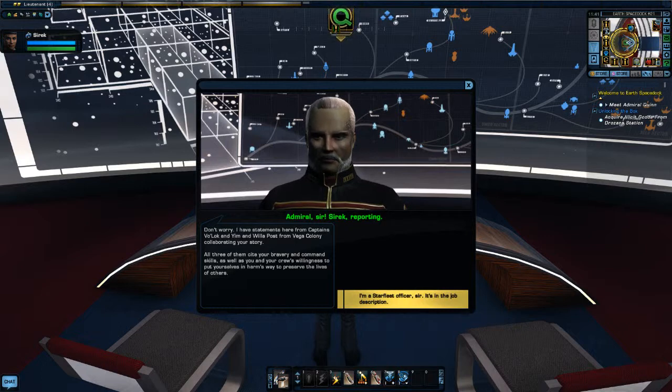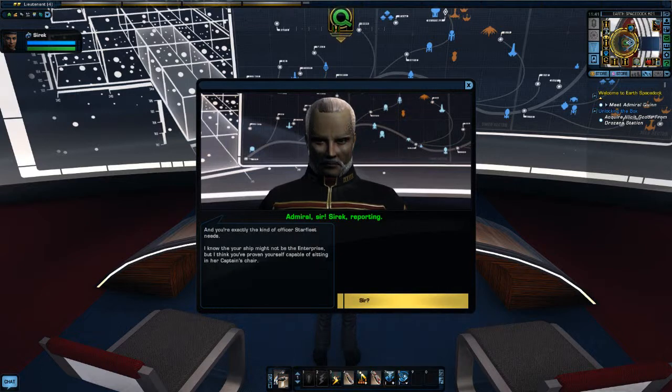Yep, so yeah, basically I'm great. I am a Starfleet officer, sir. It is in the job description. Damn right it is. And you're exactly the kind of officer Starfleet needs. I know your ship might not be the Enterprise, but I think you've proven yourself capable of sitting in her captain's chair. Sir? Under normal circumstances, it would take you years to work your way to get your own command,